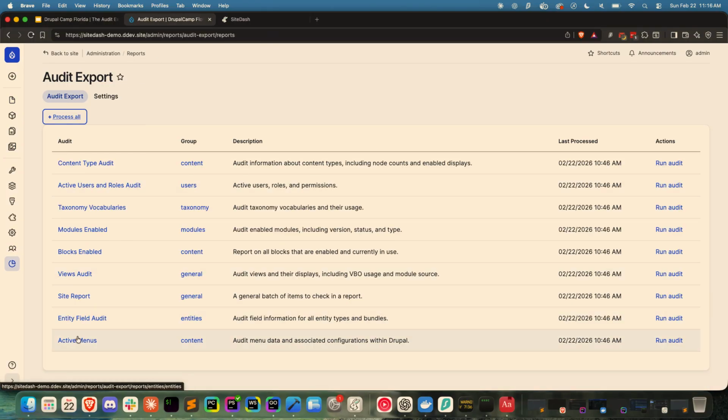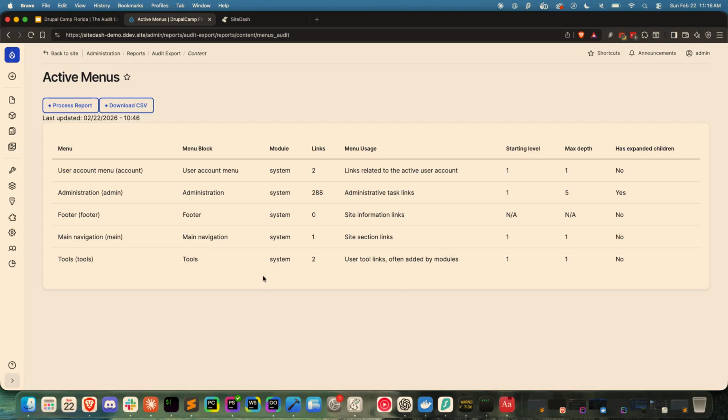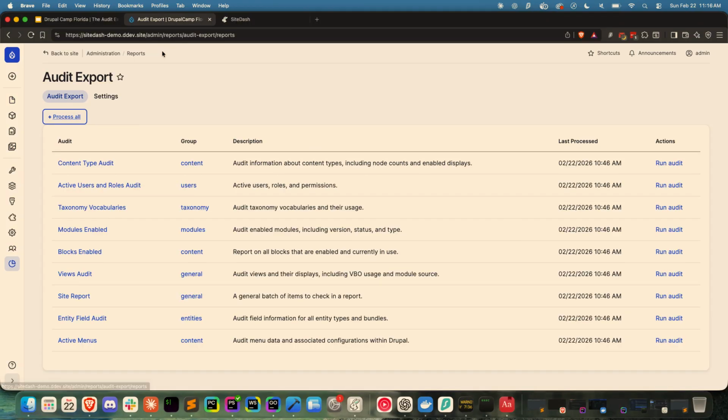And then menus. With menus, it lets you know how many menus are in there, how many links were found, again whether it's coming from a custom module, the maximum depth, and if it has expanded children. Something like the administration menu would. So from here, we can click process all, and it'll run through